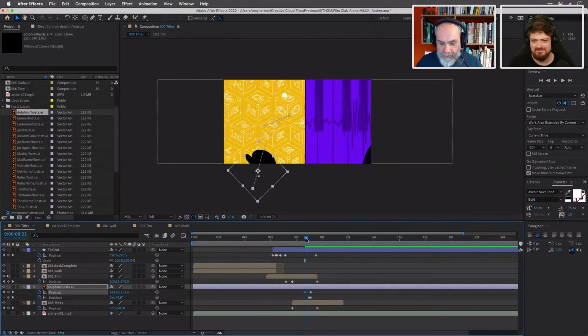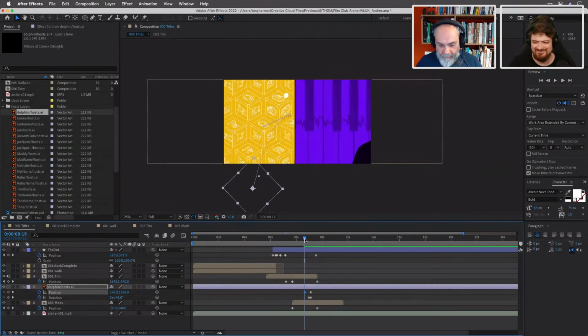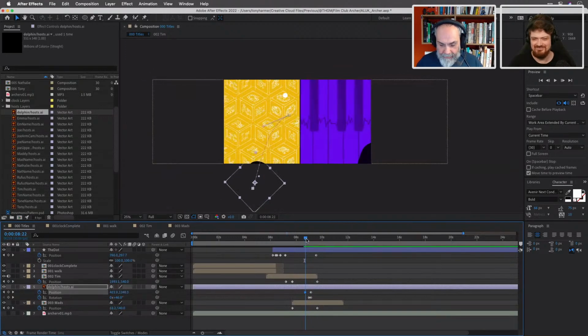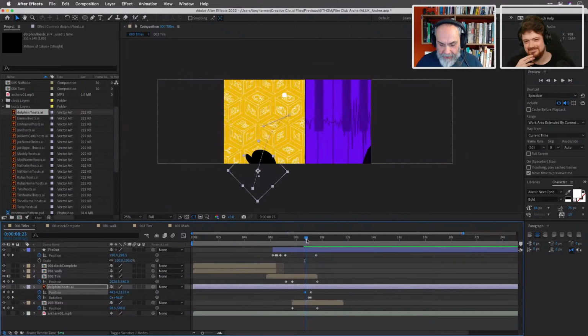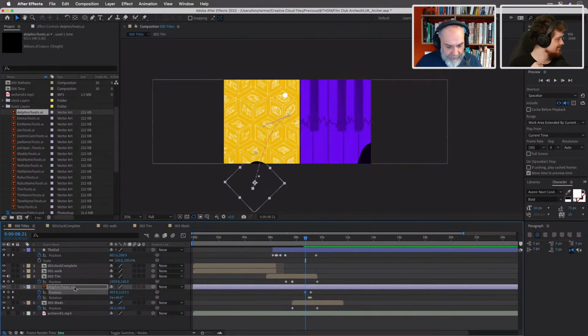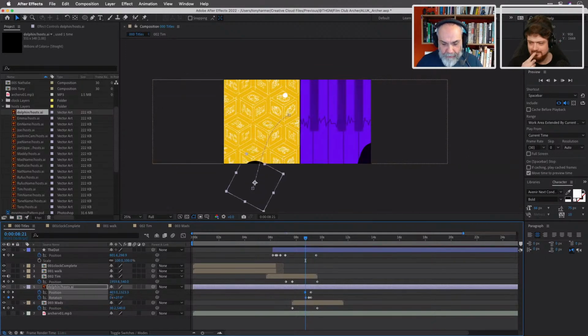Yeah, that sort of works. Just need to change the rotation so that it rotates into that place and then just does that. So we'll just rotate that backwards just a little bit. Actually, we'll go that way.